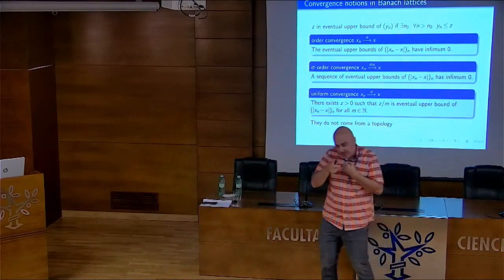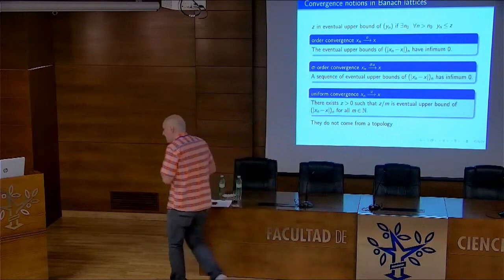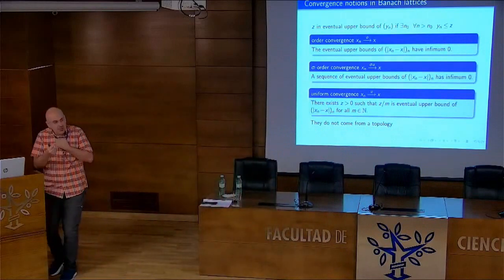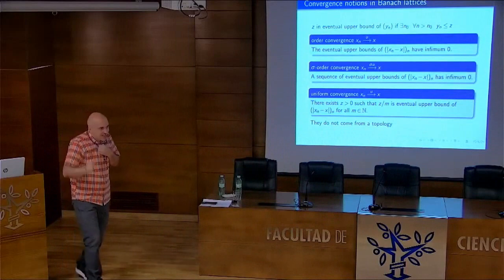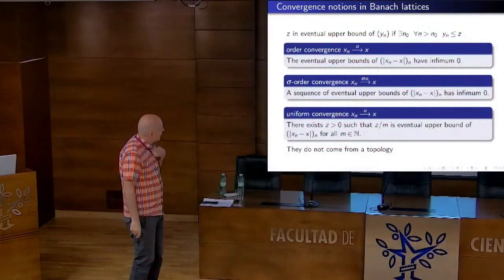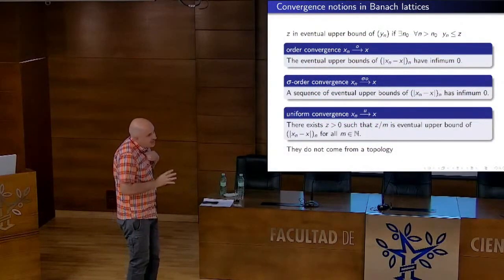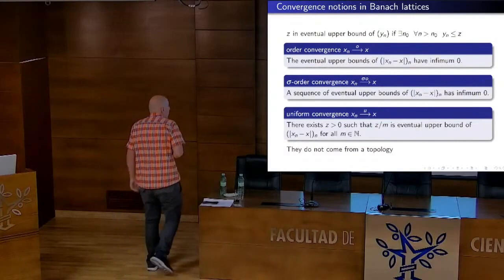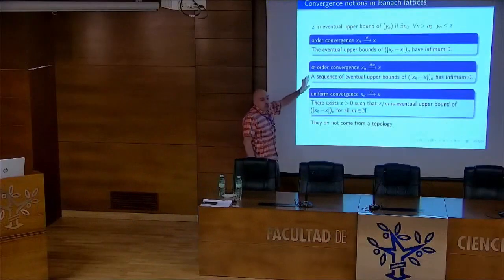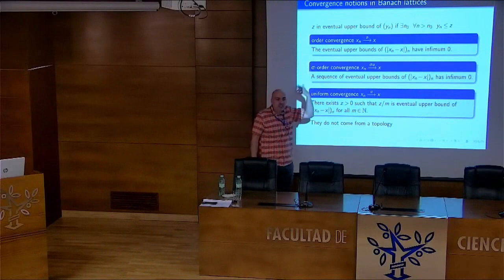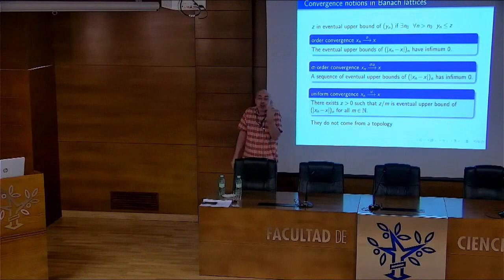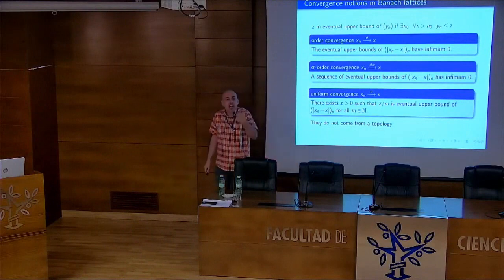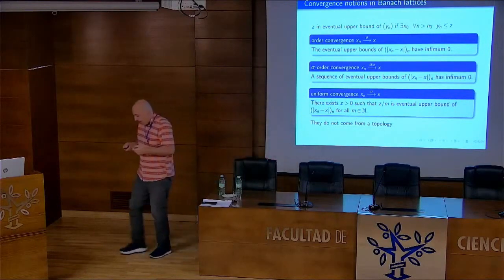Even if we are so happy with the axioms of topology that seem to deal with all possibilities of convergence, in this case, this is not the case. They can be generalized to nets. You can put these definitions into convergence of a net, but still it would be a natural notion of convergence, but it would not be derived from a topology.